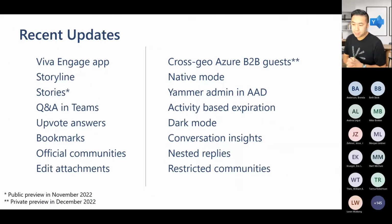This is just a snapshot of some of the recent updates that we've rolled out. Like I said, the Viva Engage app, Storyline, and Stories. The question and answer in Teams, I don't know if any of you have experienced this at all, but within Teams, we have a new question and answer experience within the Teams meeting, which is actually powered by Yammer behind